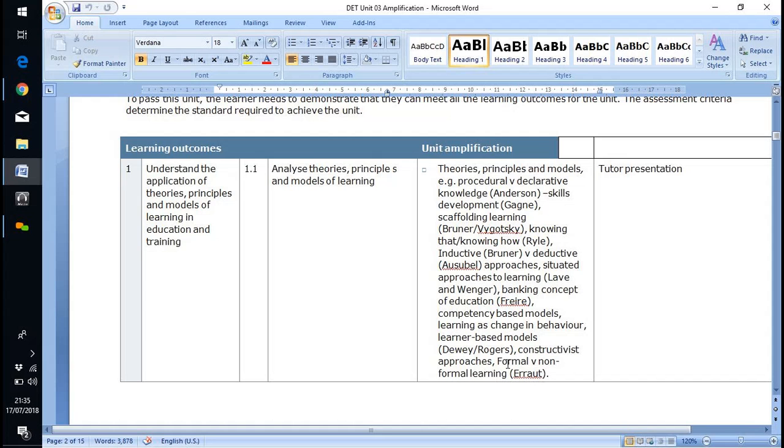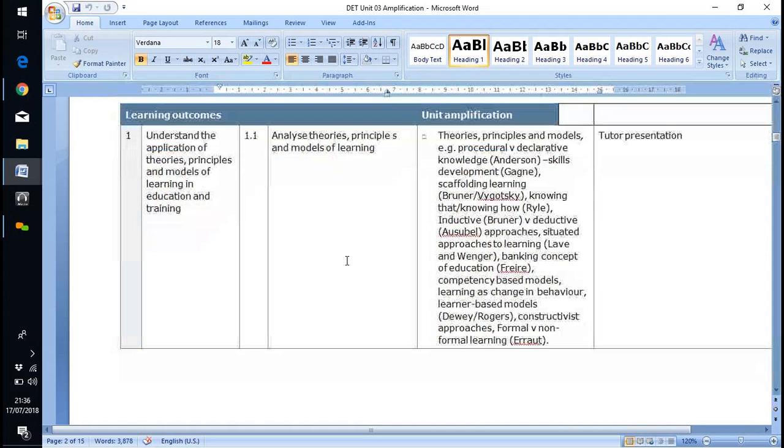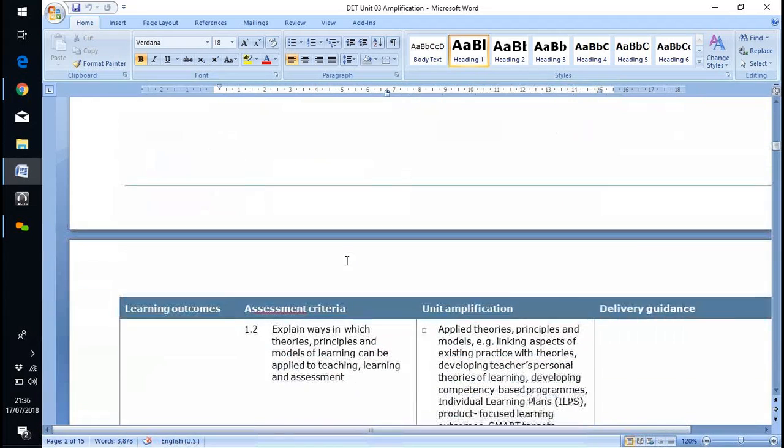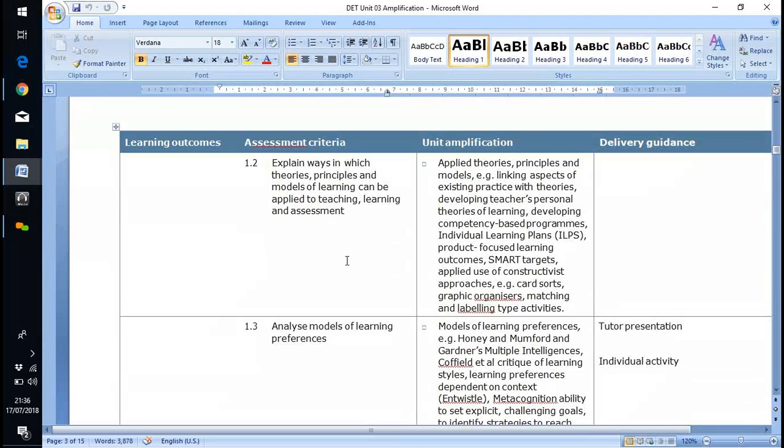Yeah. Okay. So I've looked at Dewey and Rogers, I'm actually looking at them at the moment, and I'm like, I agree with them. Vygotsky's quite interesting. Yes, I've looked at him as well. He's always worth a read. Yeah. Yeah. Well, there are a whole host here, but look on this amplification here as